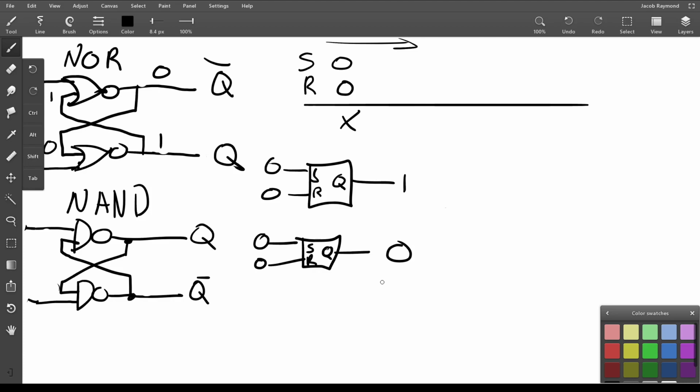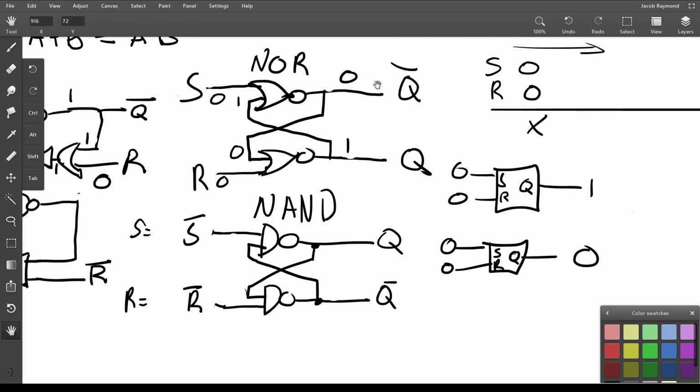That's not a combinational circuit. There's no way to make just a truth table and then convert that immediately into an equation and implement that in order to end up with an SR latch. It's just not possible. And so that's why we're really starting to talk about these memory elements,